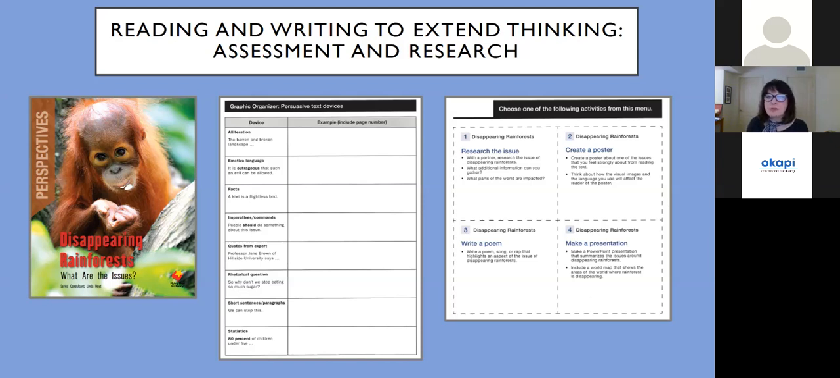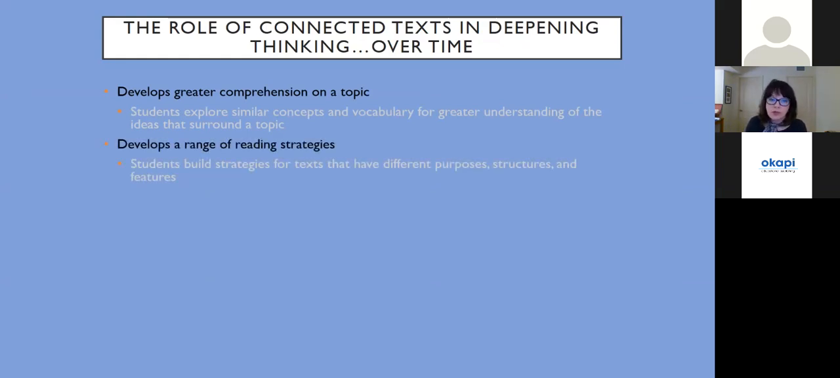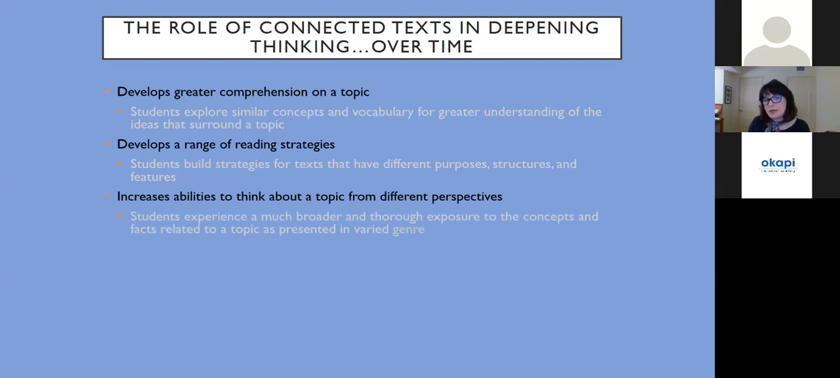That really provides an opportunity for kids to do the kind of meaningful, independent work that really keeps kids active in the thinking work, but it's a way of extending the thinking that we've been doing together. One of the things that connected text like this does over time is it develops obviously greater comprehension on the topic, but it also develops a range of reading strategies, enables kids to think about a topic from different perspectives,